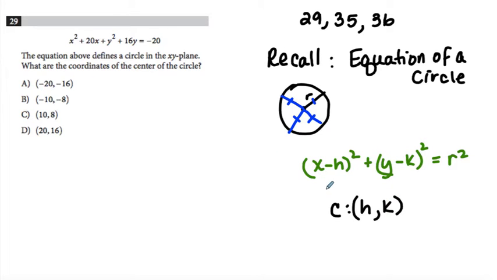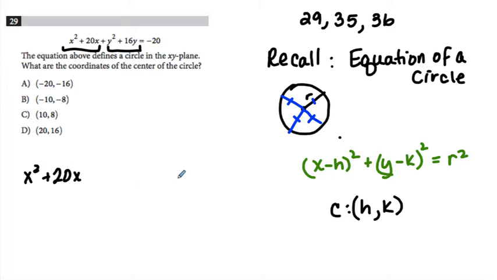because that tells me if I know my center and I know my radius, I can actually draw a picture of this circle. Well, this circle is not in standard form. So this is standard form. To get it into standard form, we actually have to group parts together, and we have to use the concept that you learned in Algebra 2 called completing the square. So I have to complete the square with x squared plus 20x. So I'm going to take half of 20